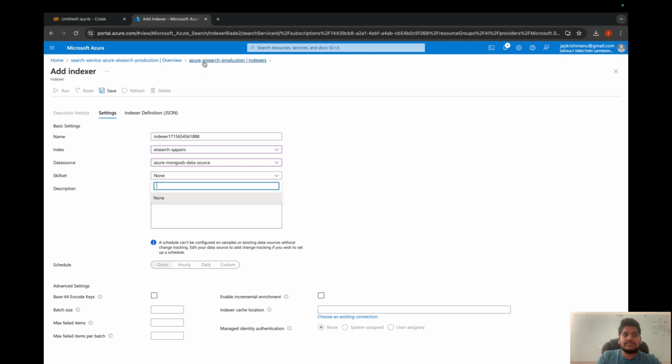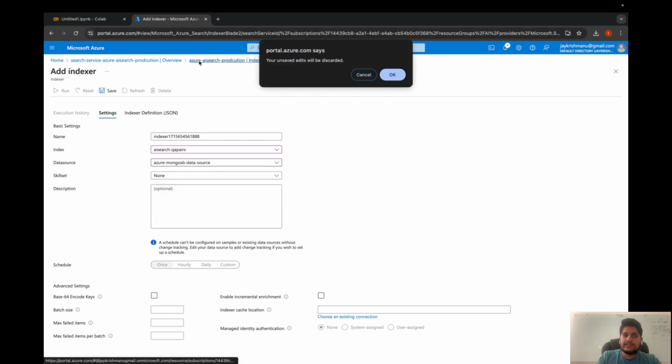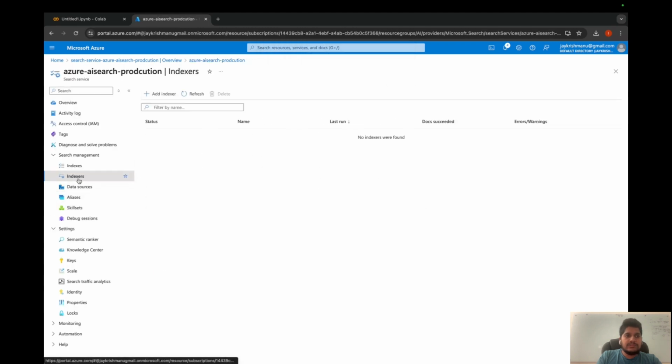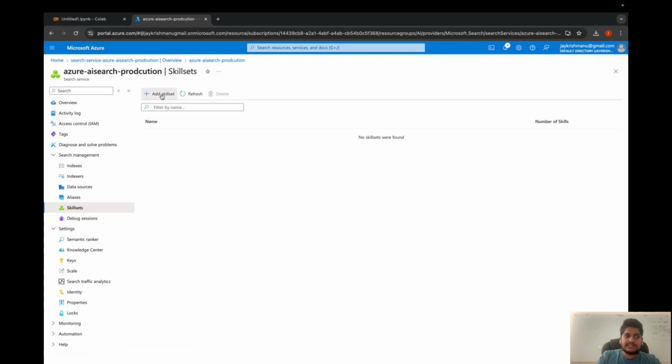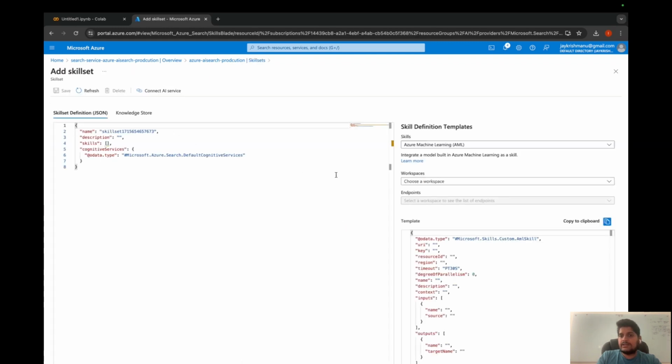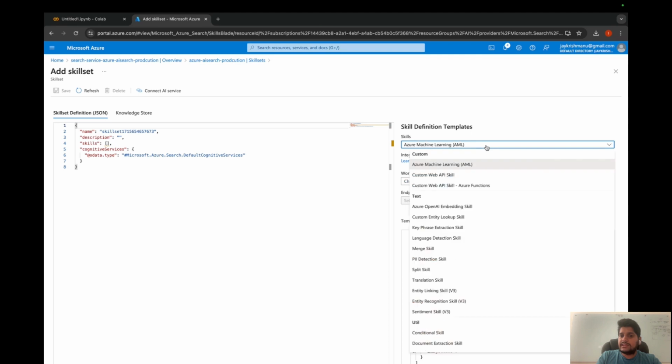So let's create a skill set which can use that API, so that the indexer can use this API skill set and convert the input data resources into vectors and then finally keep it in the index. Let's go back